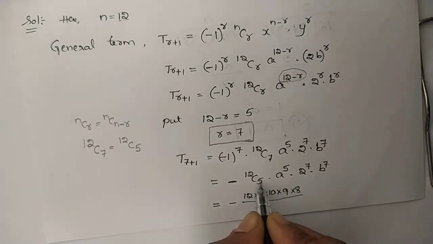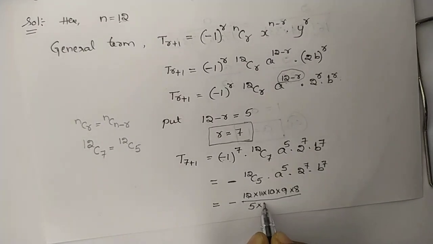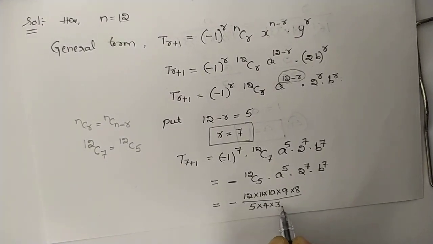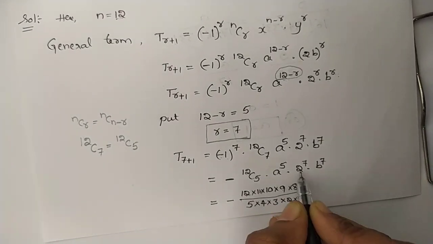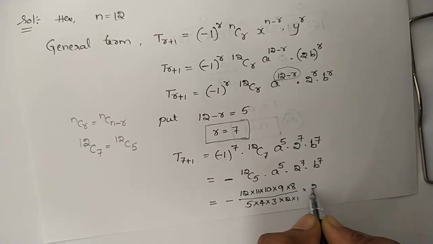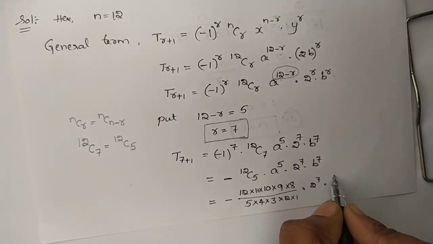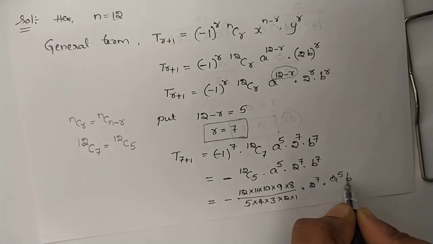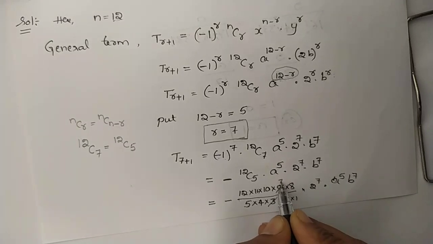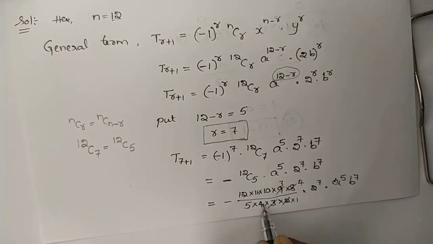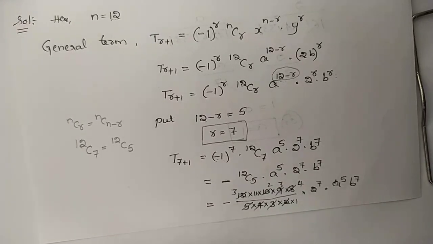Okay, next in the denominator, reduce this 5 up to 1: 5, 4, 3, 2, 1, into 2 power 7. So 2 power 7, we just keep it as it is, into a power 5, b power 7. So 3 ones are 3, threes are... 2 ones are 2, fours are 4, threes are... 5 twos are...